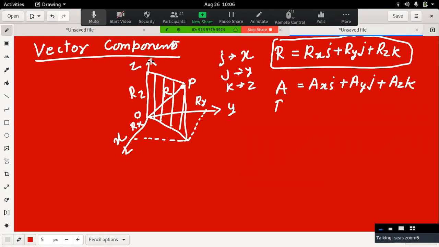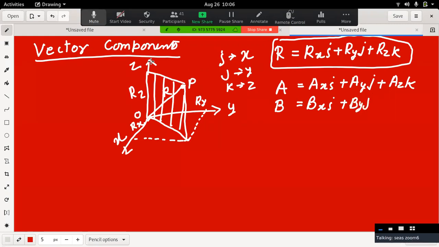And similarly, let's say there is any other position which is represented by B, and x, y, z being the same axes, and the values of i, j, and k also remain the same. So I'm just trying to elaborate what i is. i is the unit vector on this axis. If you divide it into infinitesimal parts on this axis, each part will have the i value. Okay, all the unit values you can also say.